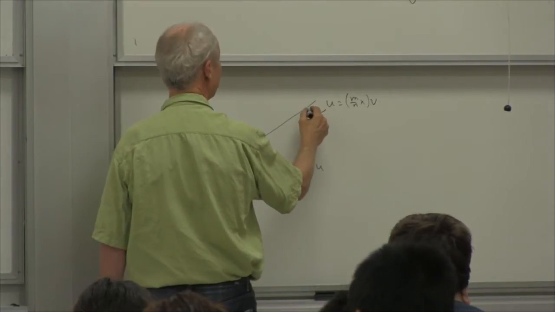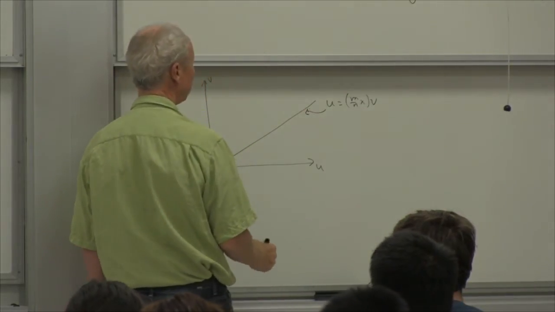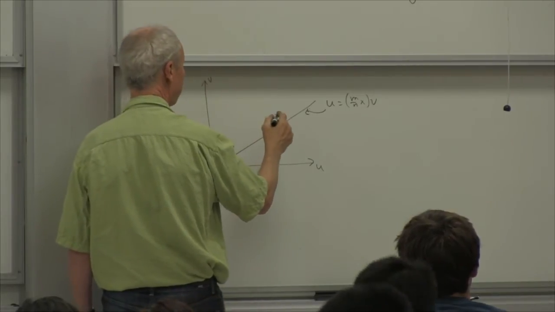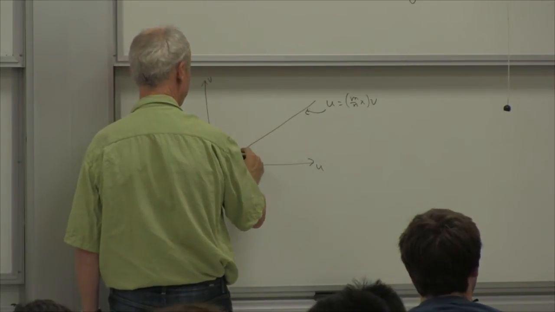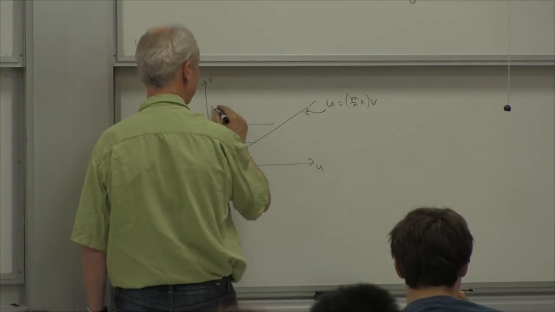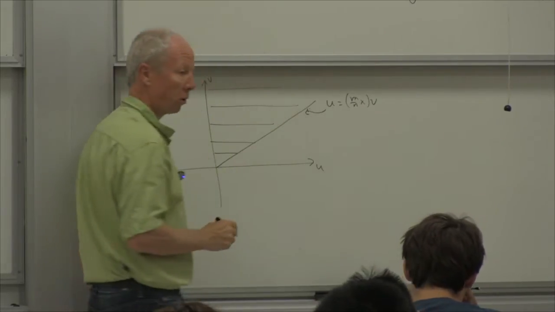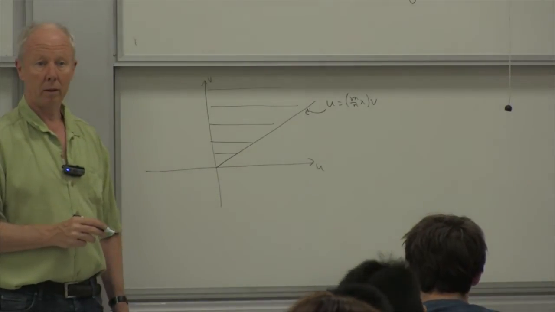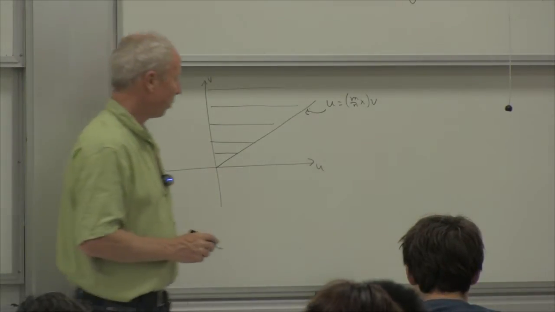That's this line, right? U less than or equal to that means, well, maybe I have the wrong one. U less than or equal to that means I guess we're above the line. The first variable has to be smaller than this multiple of the second. Okay. So the probability that